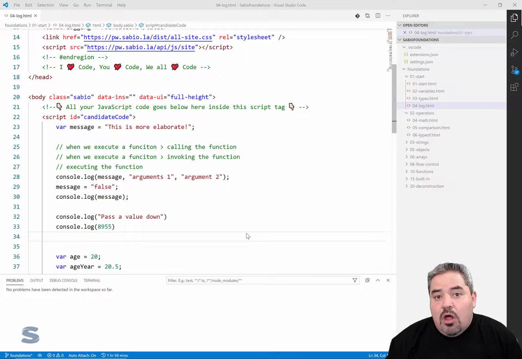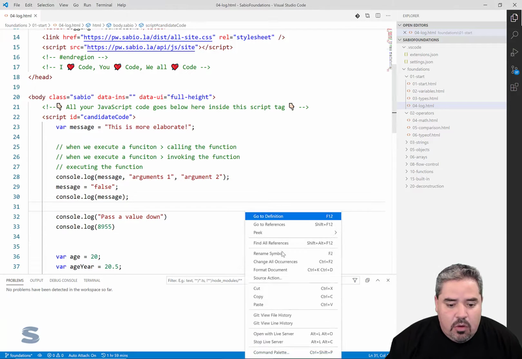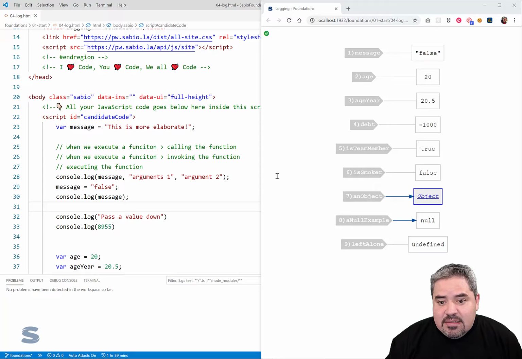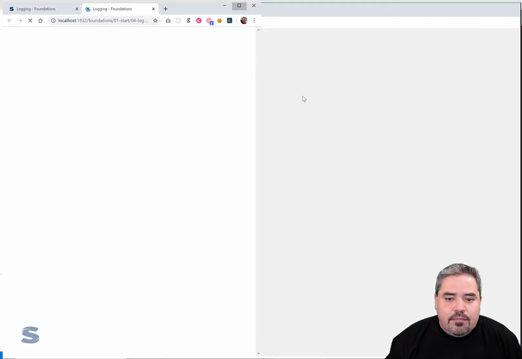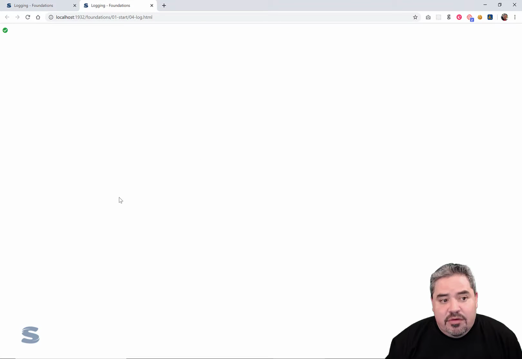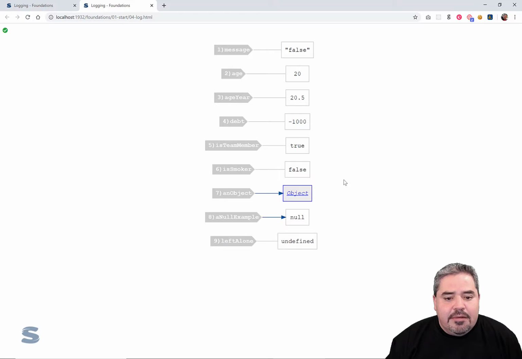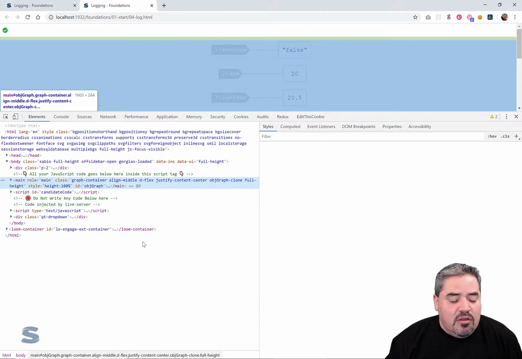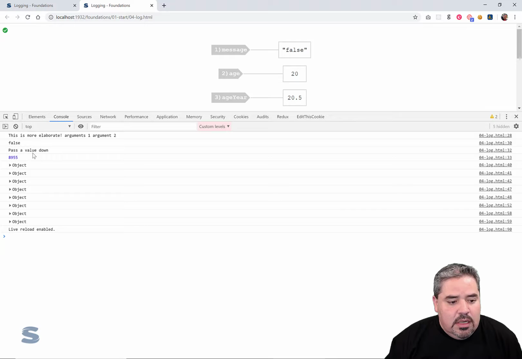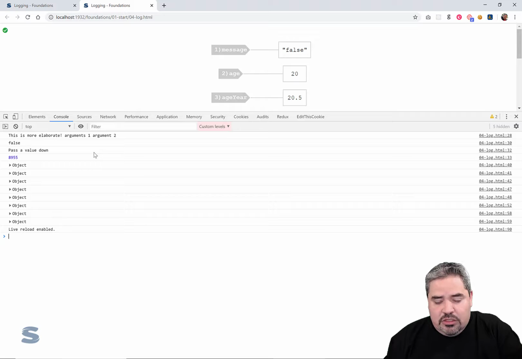Picking up from our log video, I am going to open up a live server to that same log file. And I want to show you another tool here, right? So from within here, if I open up the developer tools, I click on the console, I've seen the flurry of messages that are here. So now I want to talk a little bit more about the actual console, not just the logging of it,